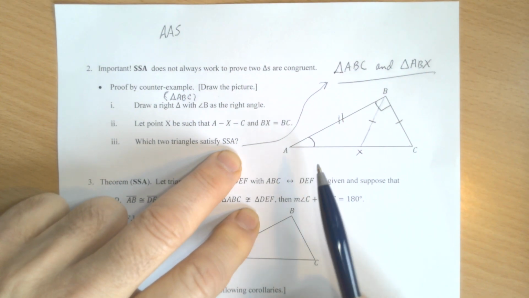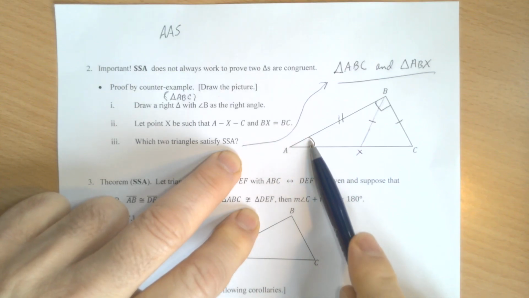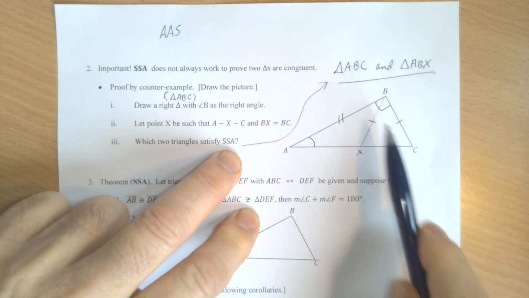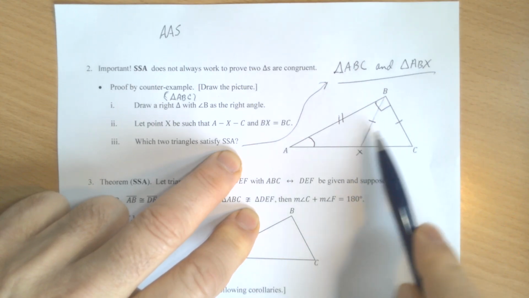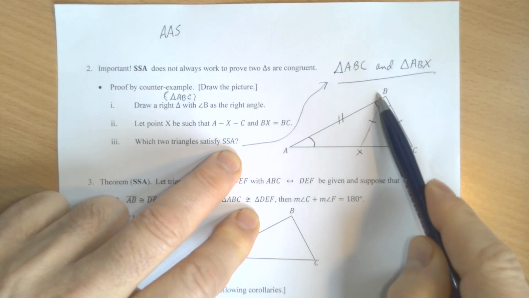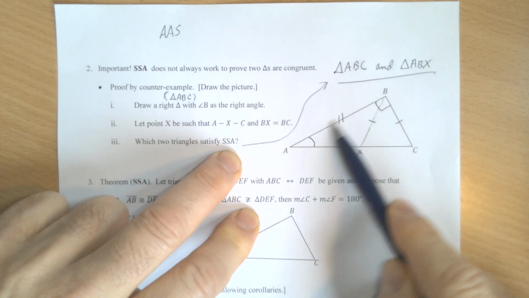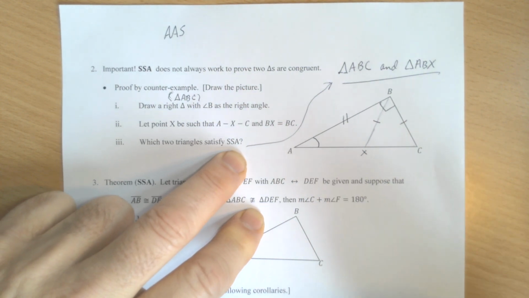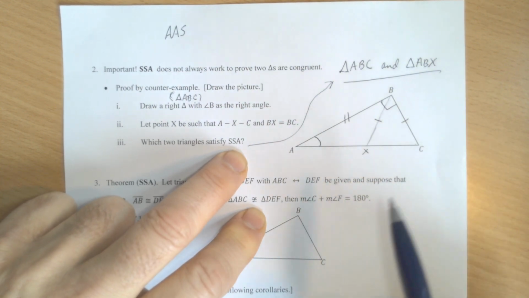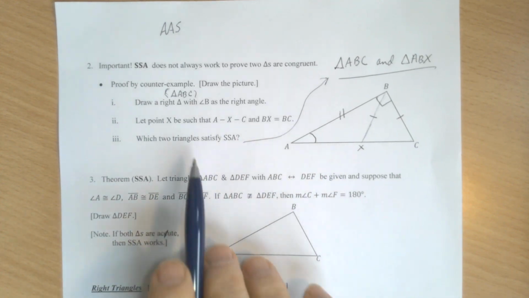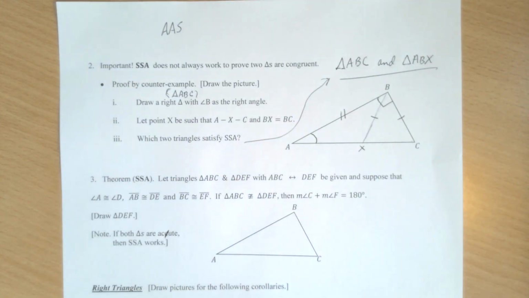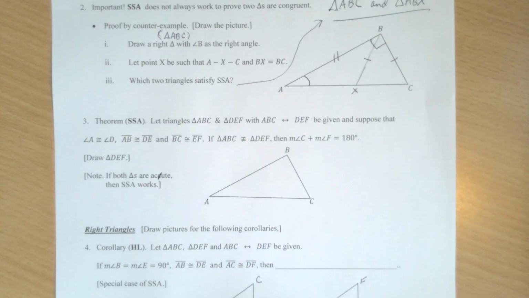So that's the answer to this question here. They have the same angle. Well, let's start with the side. They have this side, they're different sides, but they have the same length. And then they have this second side and this angle. So they satisfy side-side-angle, but they are definitely not congruent to each other. Well, now let's see some requirements we can add, or something we can learn about two triangles that satisfy side-side-angle. Number 3,